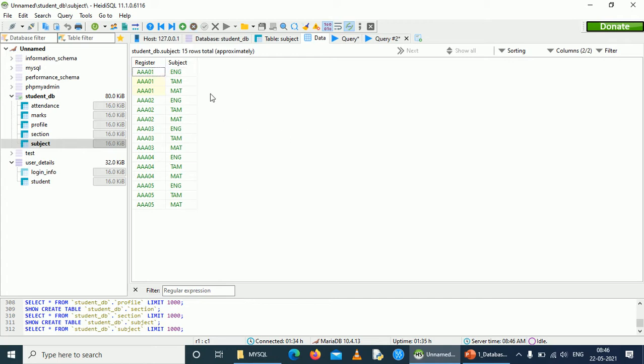So it is now easy to fetch the students who are registered for the subject English alone, the students who are registered for Tamil alone, or the subjects that are registered by a particular student and everything.